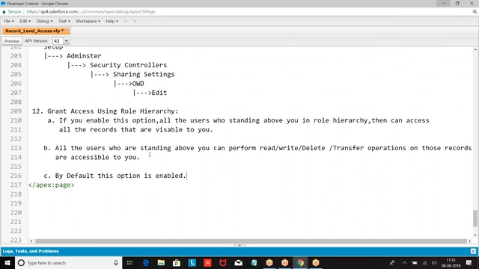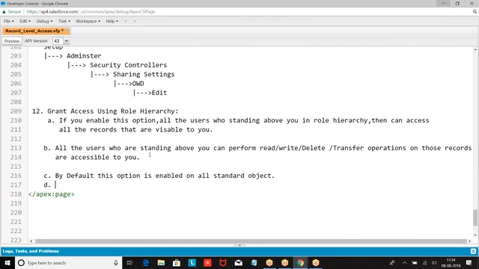By default, this option is enabled on all the standard objects.